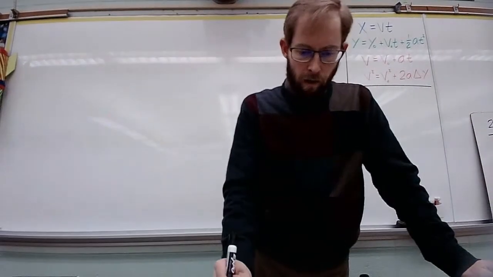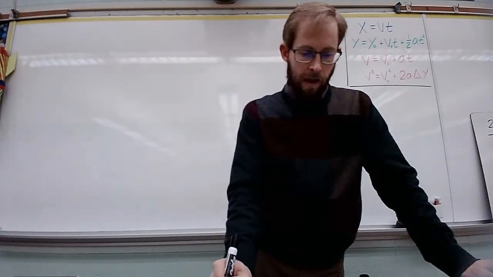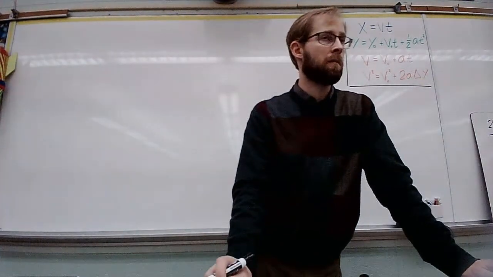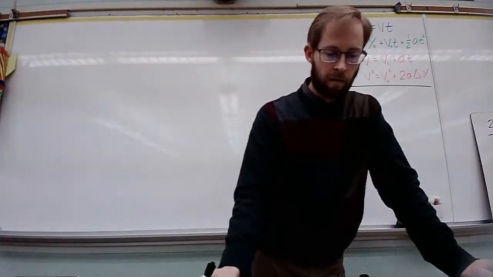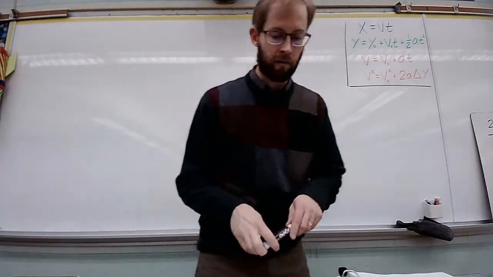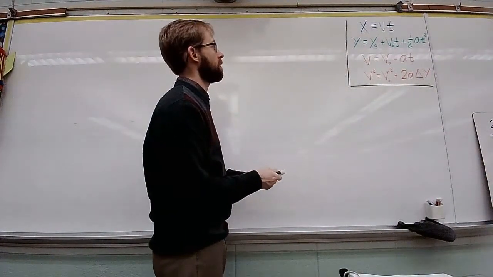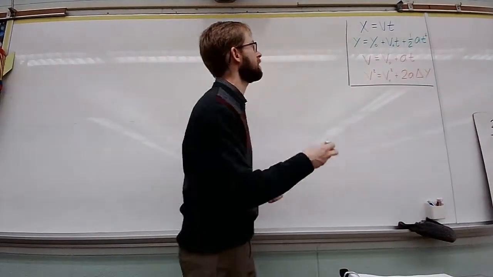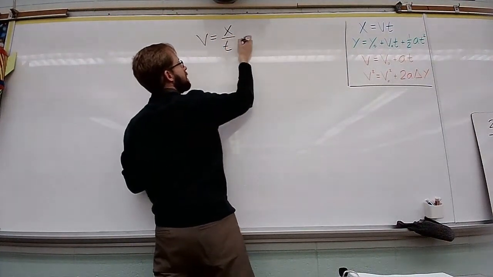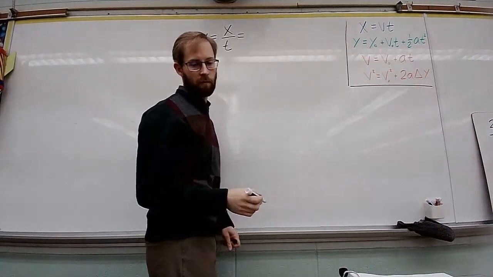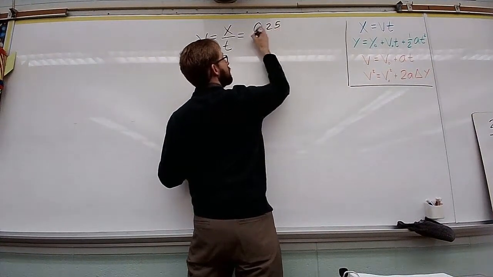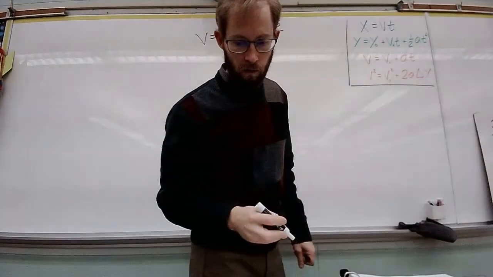So now it's the same ramp, but now we know that it hits 25 centimeters from the end of the ramp. So our horizontal distance is 25 centimeters, which is 0.25 meters. Letter A, what was the ball's horizontal velocity? Well, if I'm going to solve for horizontal velocity, I got to go to my horizontal equation. So if x equals vt, that means v is equal to x over t. And we're given the distance. That's 25 centimeters, which is 0.25 meters. And as far as the time goes,